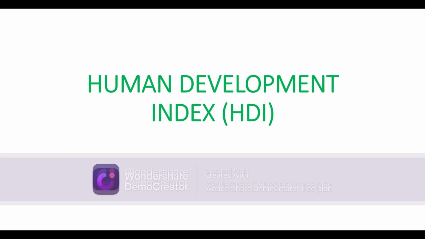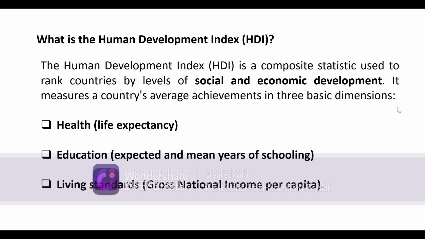Hello everyone. In this video we will discuss the Human Development Index. We will try to understand what the Human Development Index is and how to estimate or calculate it. The Human Development Index is published by the United Nations Development Programme of the UN. It is a composite statistic used to rank countries by levels of social and economic development, and